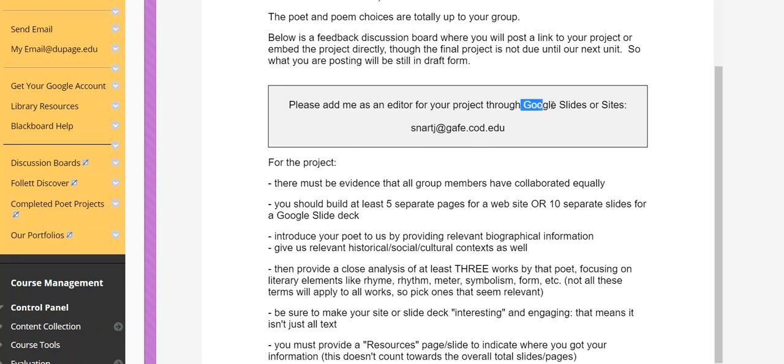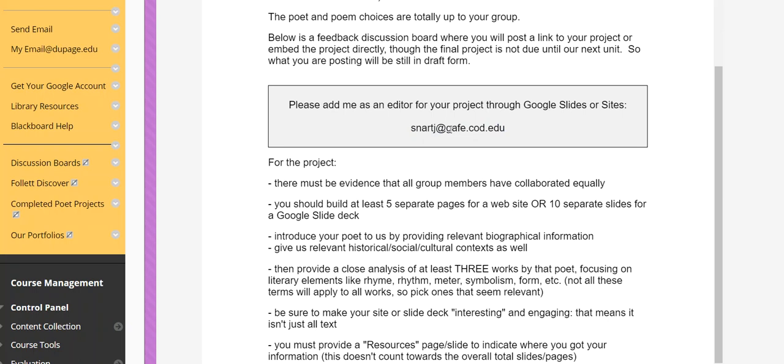If you work in Slides or Sites or whatever other Google product, please add me as an editor. It helps for potential troubleshooting, but it is also really important now, just like in Unit 6, that we start establishing a bit of a paper trail for our group members conscientiously contributing, contacting people, and doing their fair share.